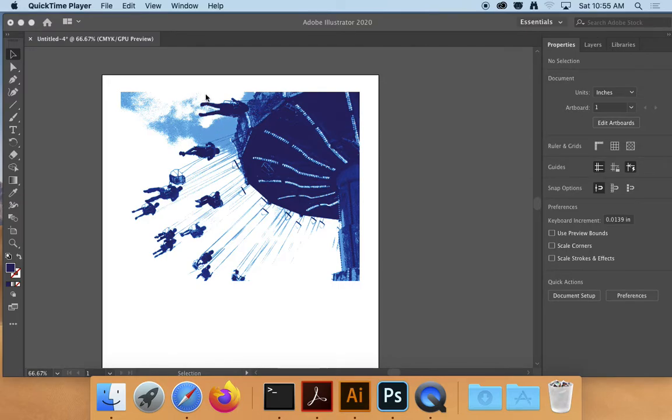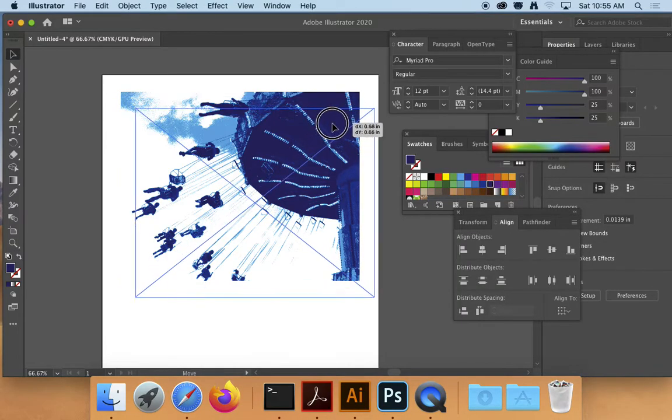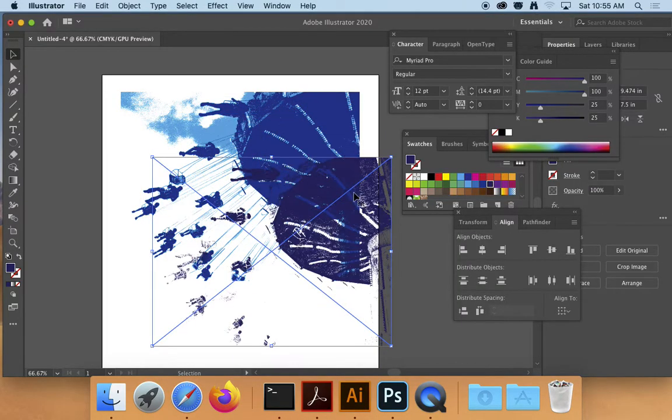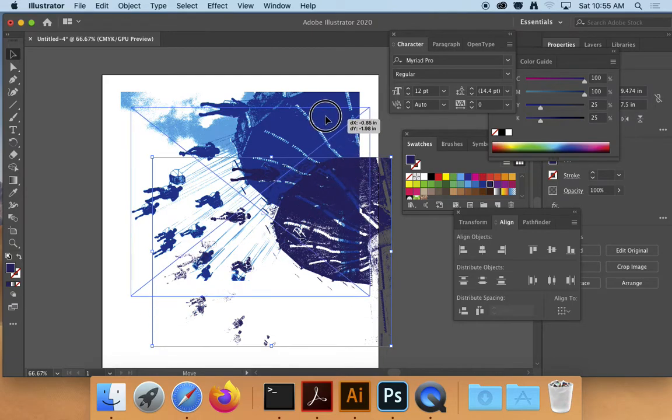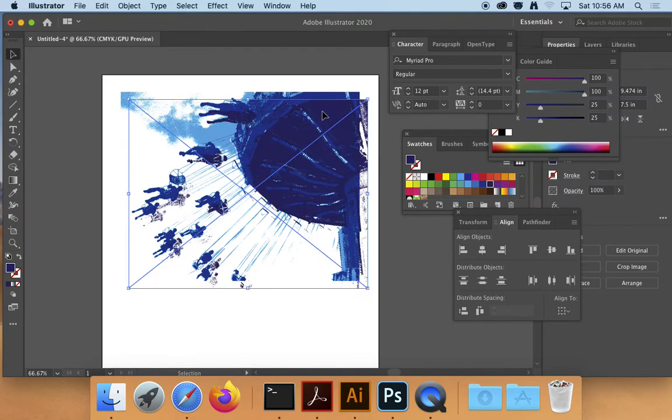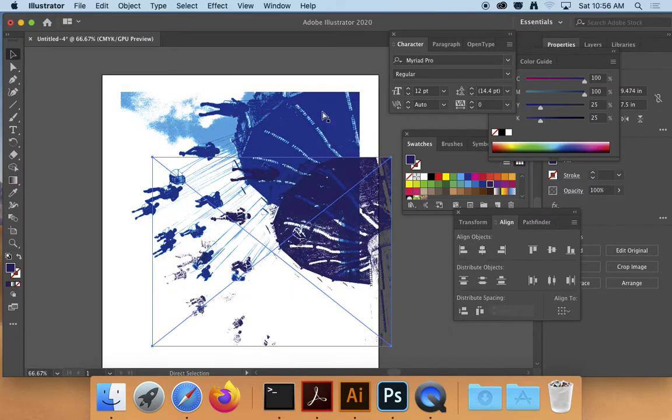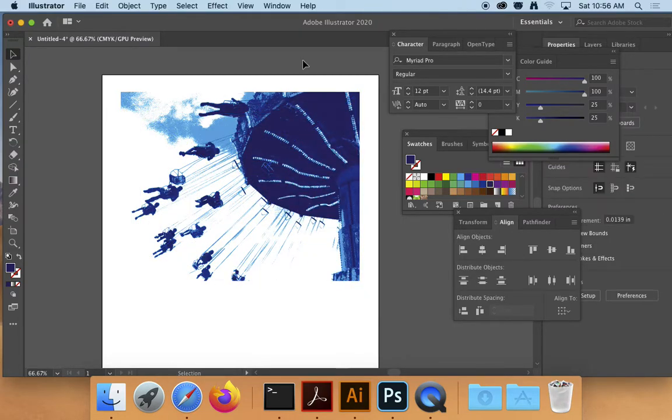Okay, so we've imported our three images and we've made the images different colors, right? From a light blue to the back image, medium blue to the middle image, and then a much darker blue on the top image. And I'm just going to kind of drag it away so you guys can see what's happening, right? So you can kind of see that having the three different levels of the blue is what allows it to pop or have a little bit more